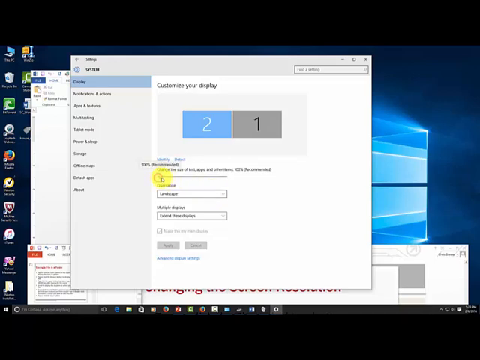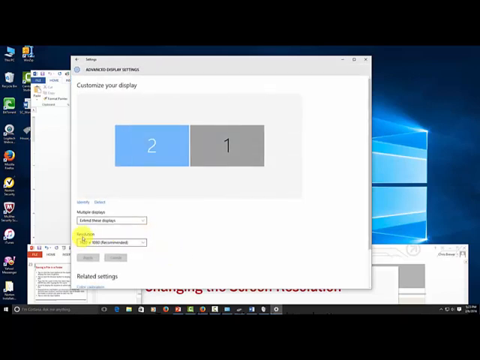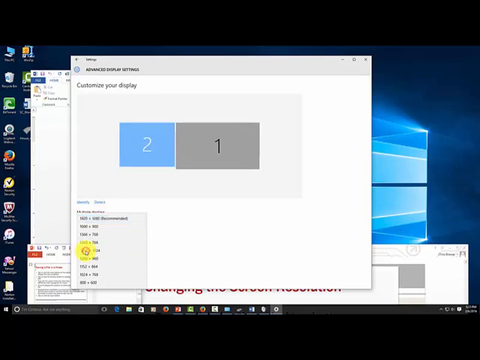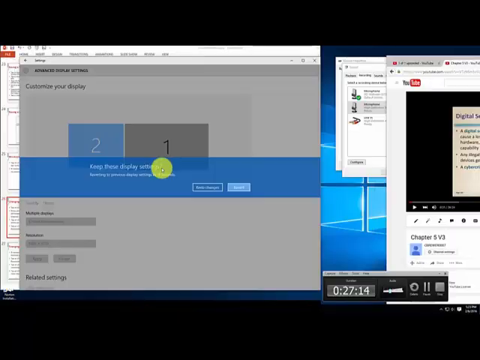So let's see if I can change this. Let's go to advanced display settings. Right here's my resolution. So right now my resolution is set at 1920 by 1080, which is recommended. It's the highest that this monitor will take. But I can change this. So if I wanted to change it to 1280 by 1024, I can click on this, and you can see it just kind of changed it. And if I apply it,